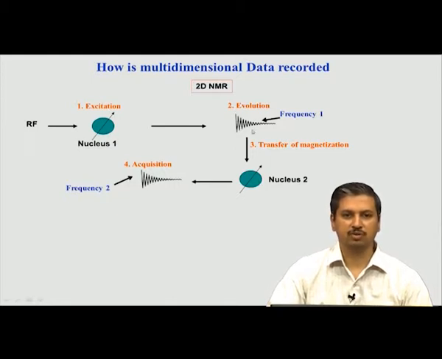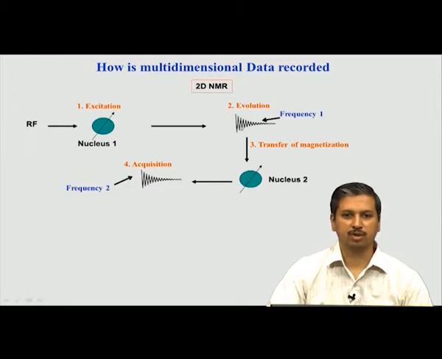So, during the transfer it remains along the z axis, that is nucleus 2, but when we apply a pulse on nucleus 2 now, this will come onto the xy plane, and that now starts evolving. So, this is now captured by the hardware, and this is the FID which is recorded or detected physically by the hardware console electronics. Okay. So, this portion was not captured, but this is captured.